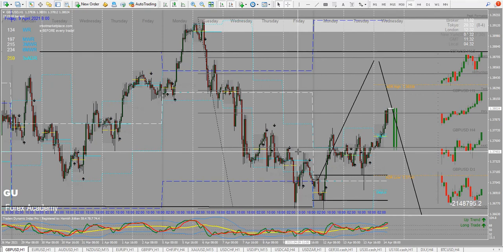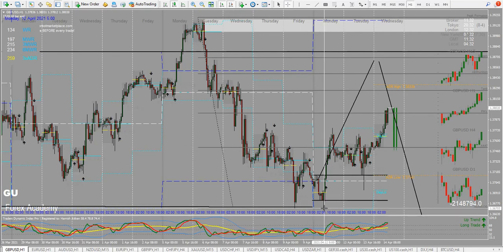That's 12, 13, 14. Then we have this high, and then we have this low, and this is before the 14th hour, and this is how we are going to place our Fibonacci